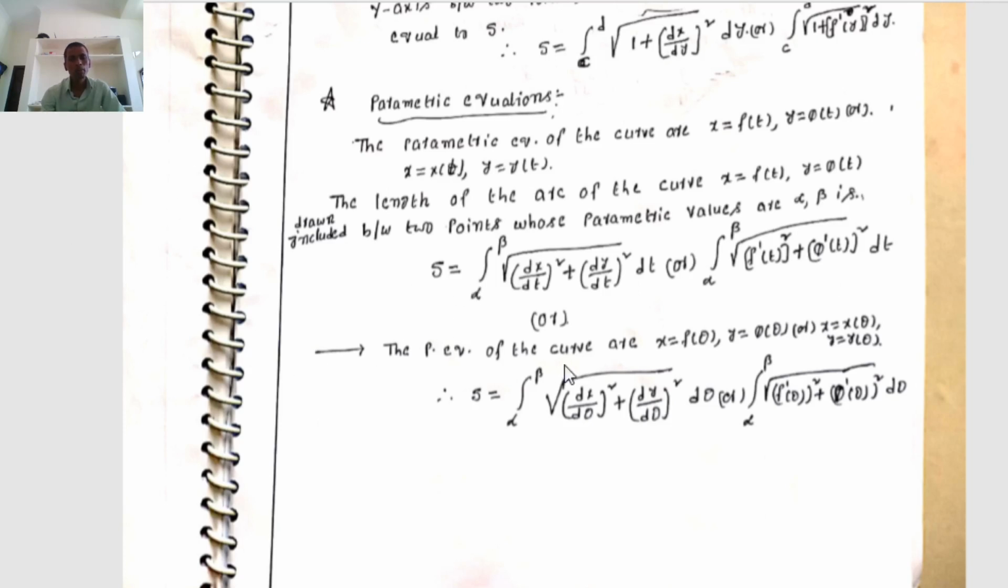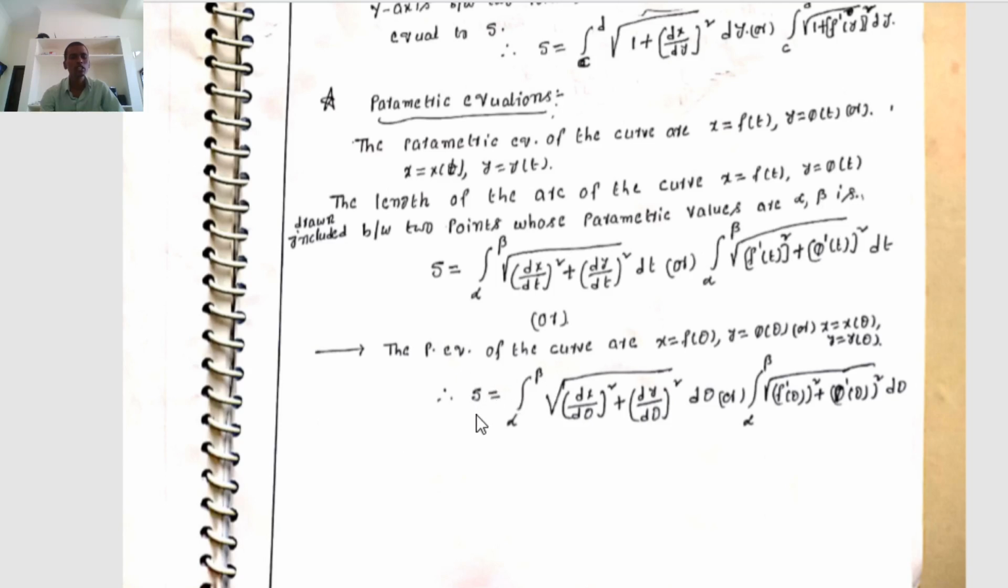Another one, the parametric equations of the curve are x equal to f of theta or y equal to phi of theta, where the parameter is theta instead of t: x equal to f of theta comma y equal to phi of theta, or x equal to x of theta comma y equal to y of theta. In that case, the length of the arc of the curve x equal to f of theta comma y equal to phi of theta drawn between 2 points whose parametric values are alpha comma beta, that is theta limits,